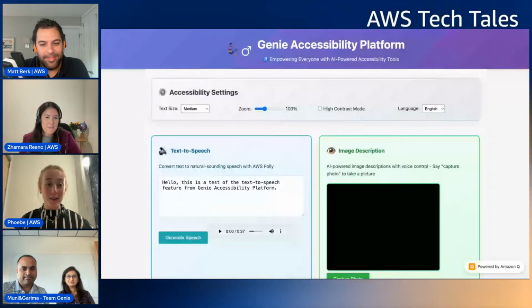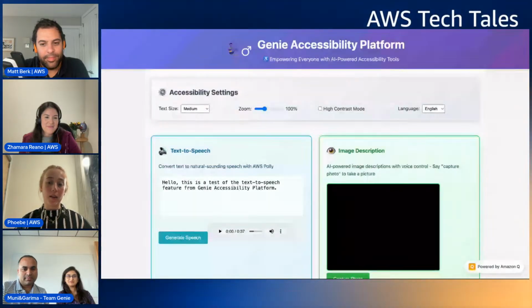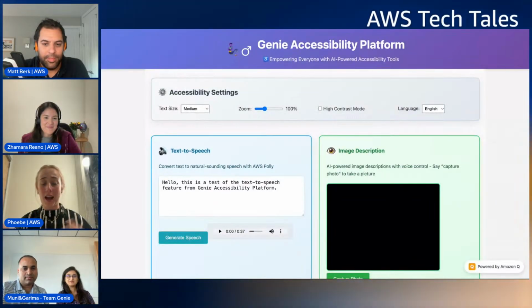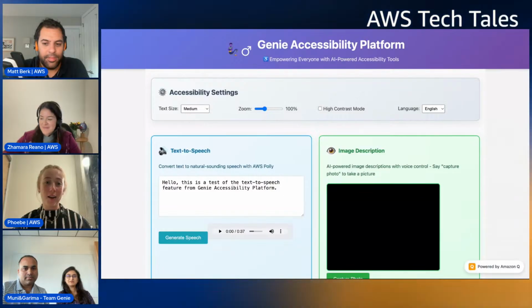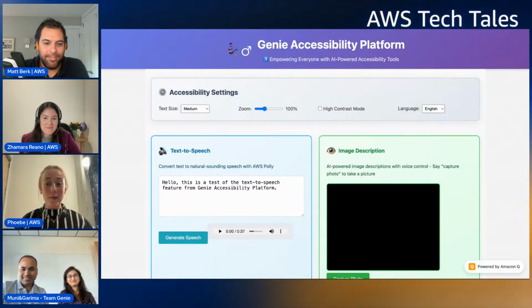Ultimately, we did go with Team Genie just because we felt as though they were covering all the aspects, not only for people that maybe need enhancements with sight, seeing, colors, navigation, and all that good stuff. We felt as though they had the full picture, and then the passion, the one team, it just all kind of came together. So Genie is definitely an interesting use case because I have never seen somebody develop something so complete in such a short amount of time.